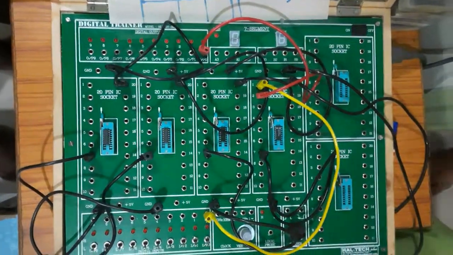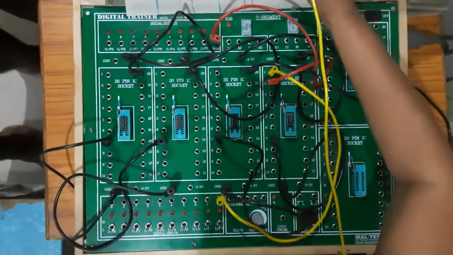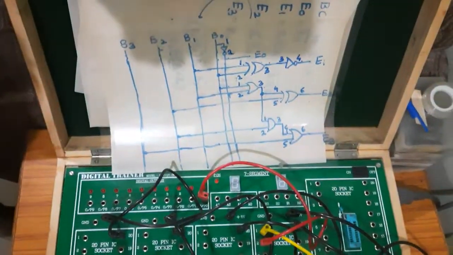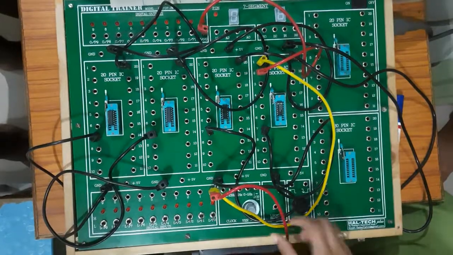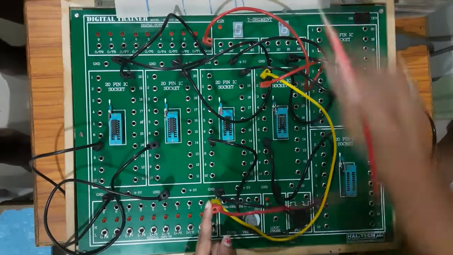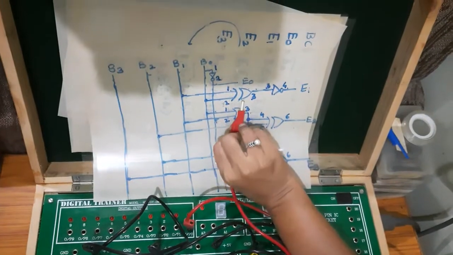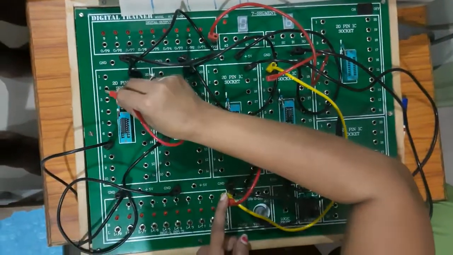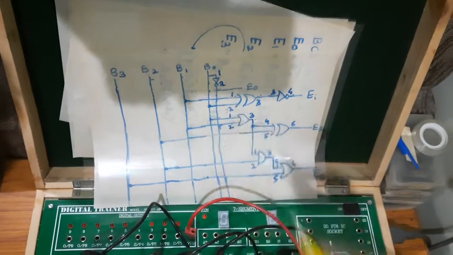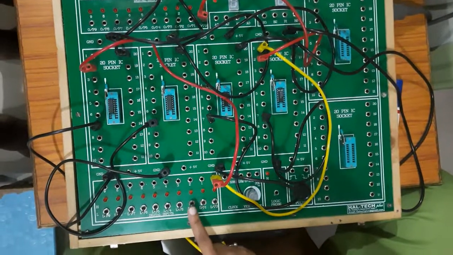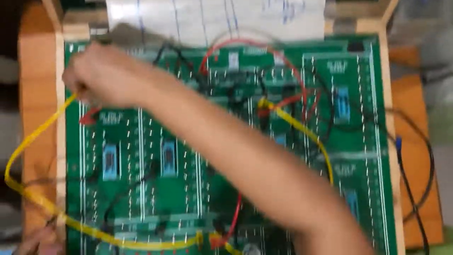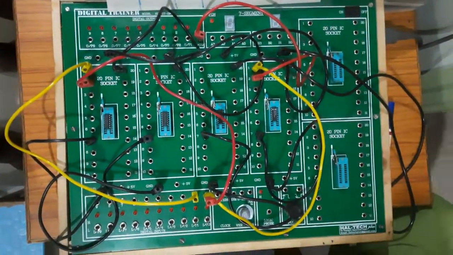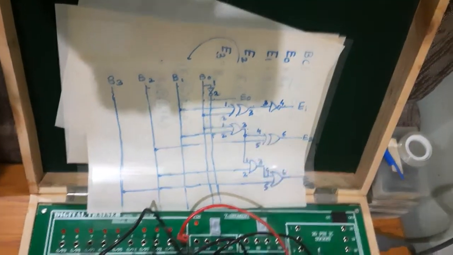Now after that, talking about E1. What am I supposed to do? B0 can be connected in sequence. This B0 is to be given to the second pin of the XOR gate. So this is what my XOR gate is, the second pin of XOR gate. Then I have to connect B1 to the first pin of the XOR gate. So this is B0, this is B1, which is to be connected to the first pin of the XOR gate. Right? Now I have to connect the third pin of the XOR gate.